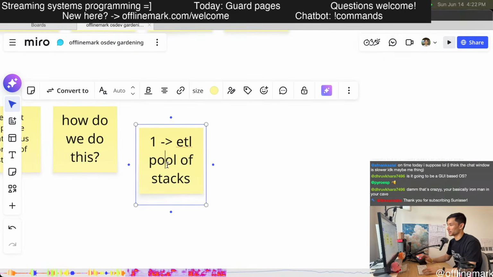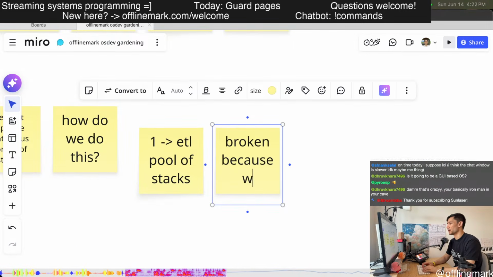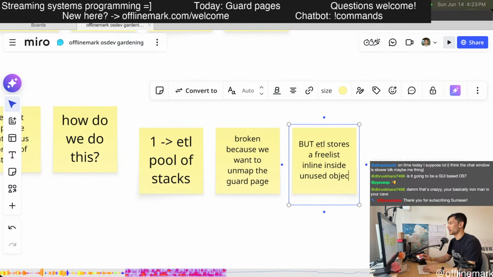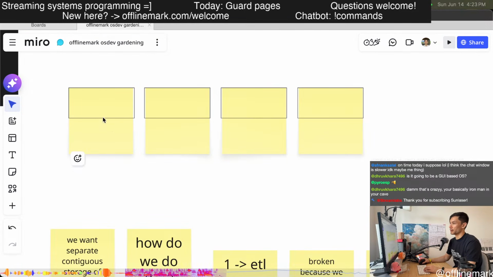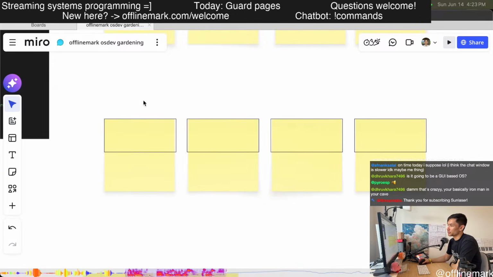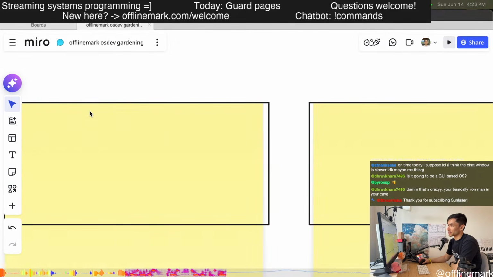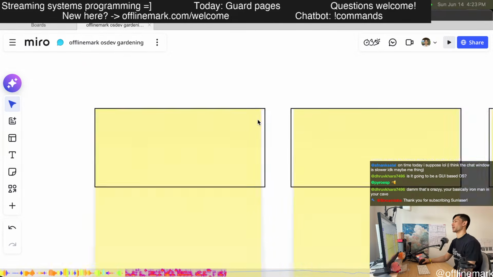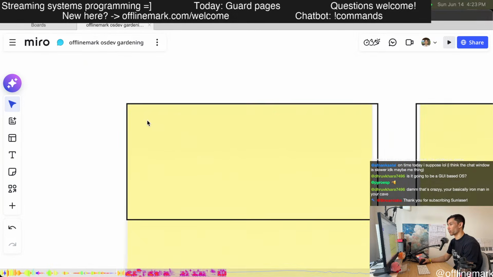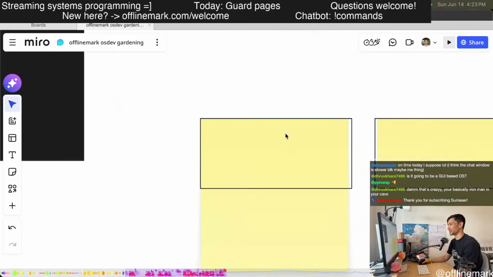This is broken because we want to unmap the guard page, but ETL stores a free list inline inside unused objects. Internally, the pool uses a linked list, a free list, to link things, and it stores that metadata in the early part of the unused object. And this does not work if we're unmapping it from the address space.